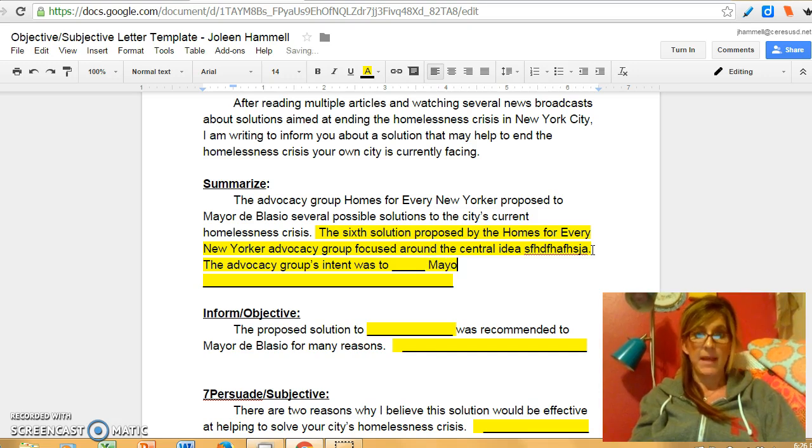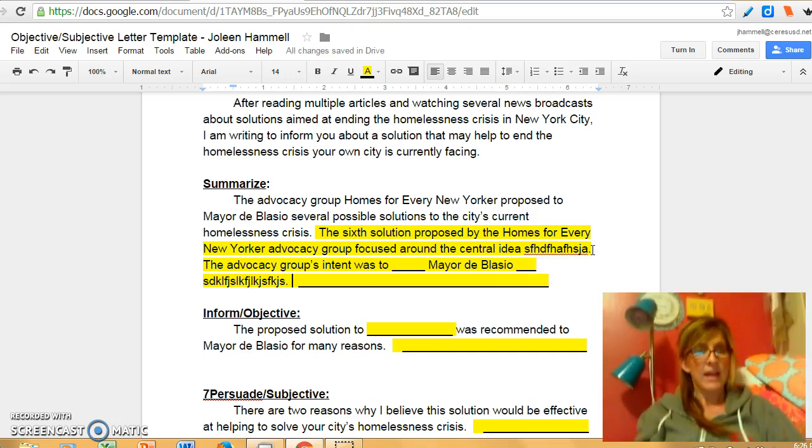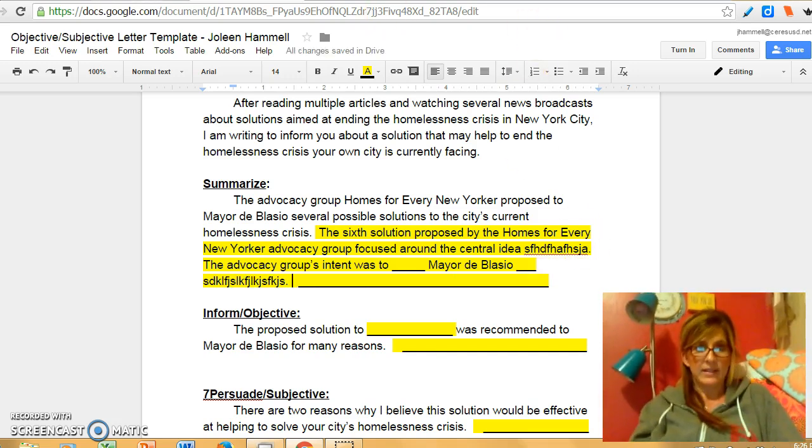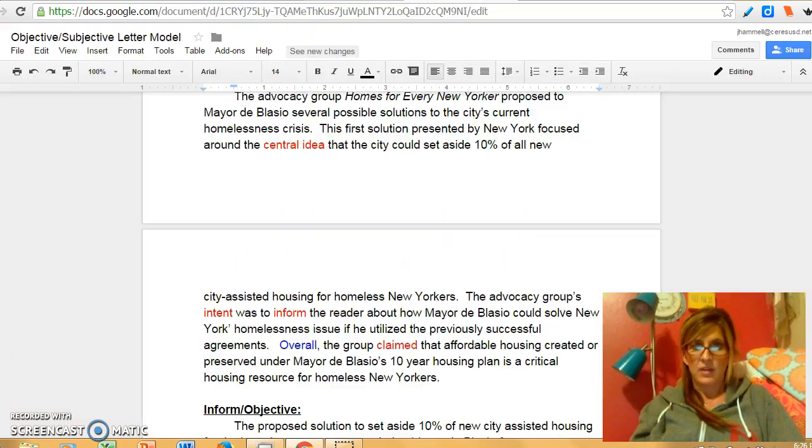was to inform or persuade Mayor de Blasio, because remember they're writing to Mayor de Blasio, to or about, whichever. If it's inform, it's about; if it's persuade, it's to. And then blah, blah, blah. And then finally, this is a great place right here to add in a transition word and get credit for your transition word. So overall, the group claimed, or